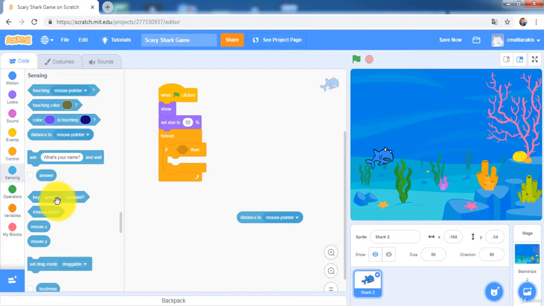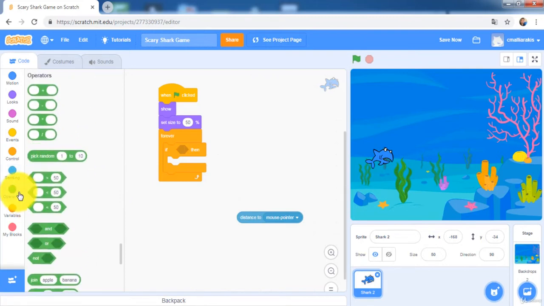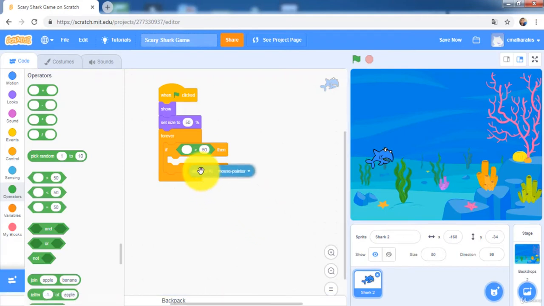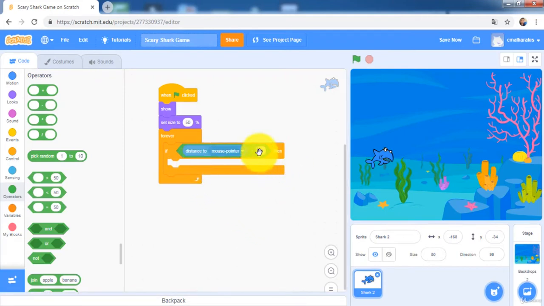If the distance to mouse pointer is greater than 10, so go to operators and choose this one, drag and drop it right here, and then get distance to mouse pointer right here, is greater than 10,